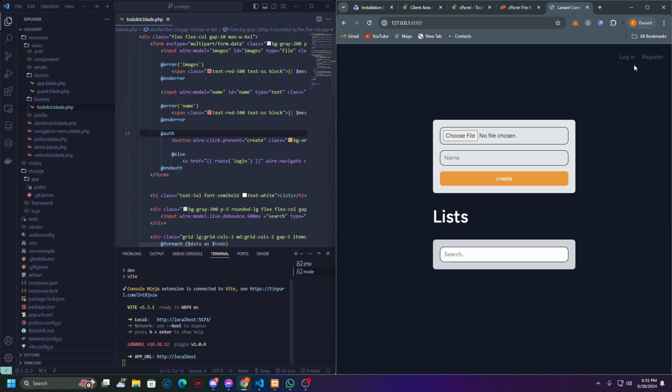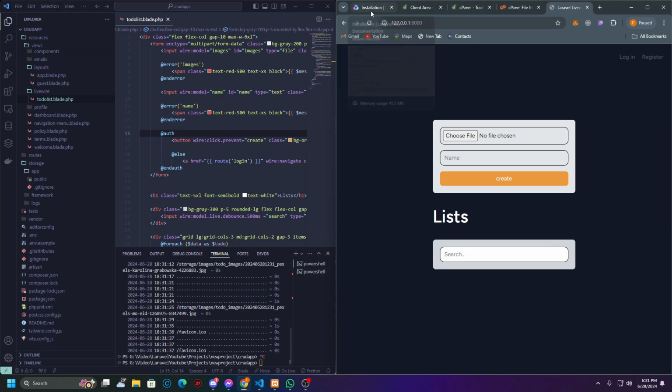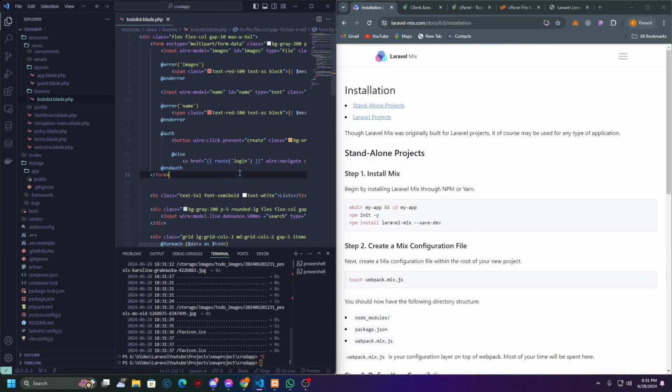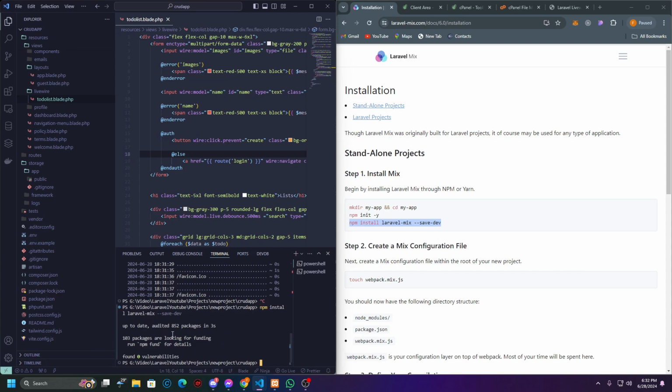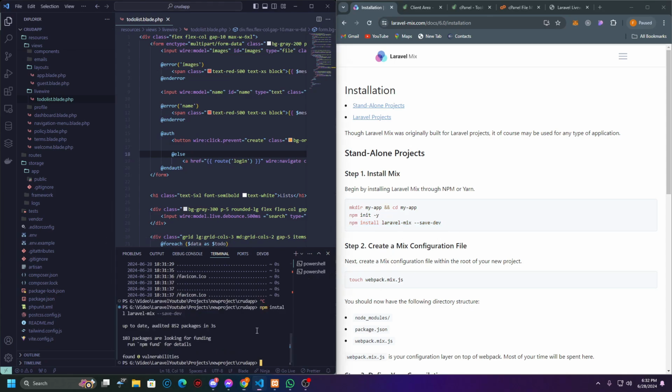Log out. I'm logging out from the project here. Now to deploy this, search Laravel Mix in Google. Install that package here. I already installed that, that's why it didn't install again. You need to install that. Now find the vite.config.js file,